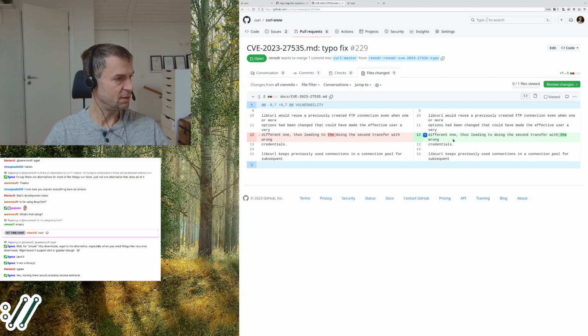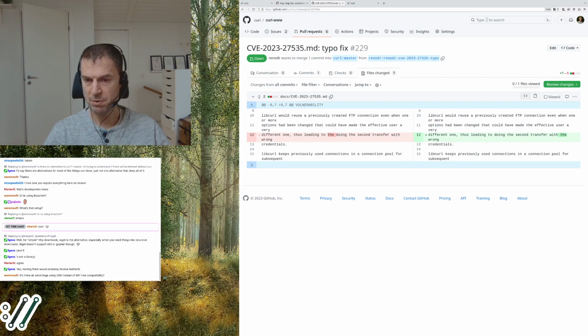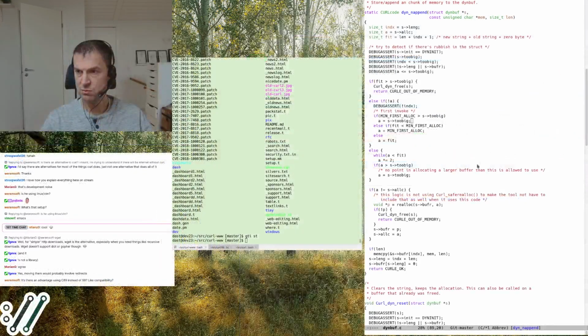Thus leading to dead. Yes, that looks like a perfect fix, because I'm a king of typos and writing things in confusing ways. So I'm going to merge his proposed fix into the Git repository.